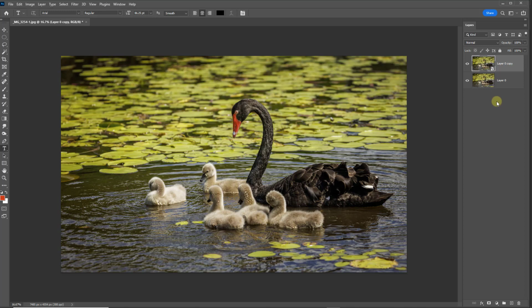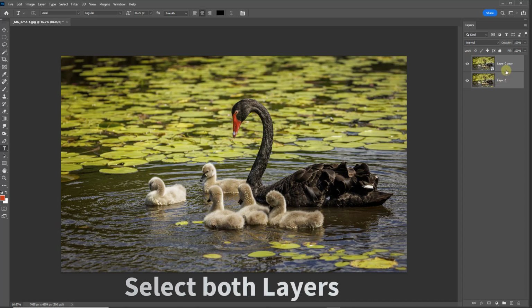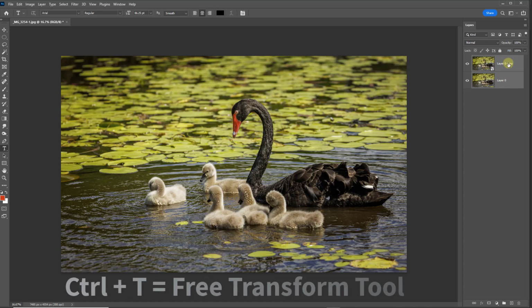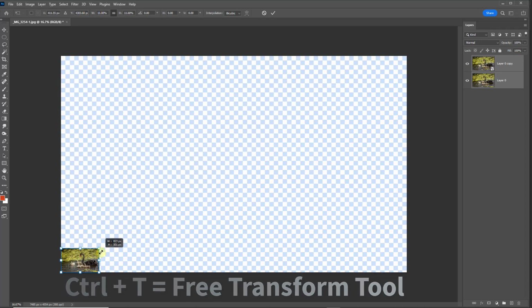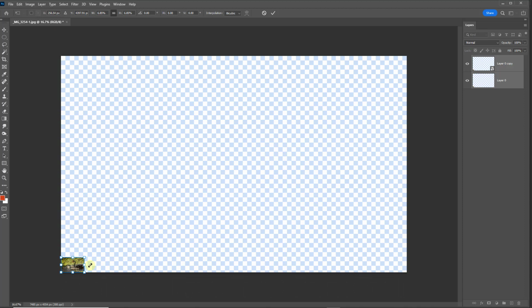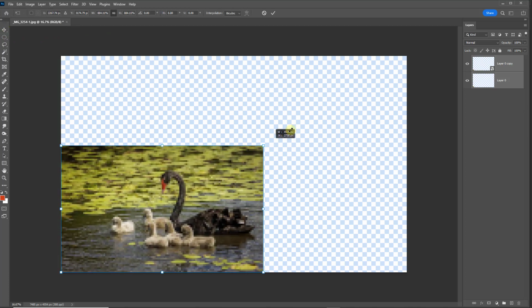A very clear way to demonstrate the advantages of a smart object is with two identical images in layers, as we have here. One is a standard JPEG, the other one is a smart object JPEG. I'm going to hit Ctrl+T to bring up my free transform tool. I'm going to make this image extremely tiny just for demonstration purposes. I'm going to hit the Enter key. Take it from me, we could save this image and we could come back to it another day. When we do, if I was to hit Ctrl+T once again and open these images back up,